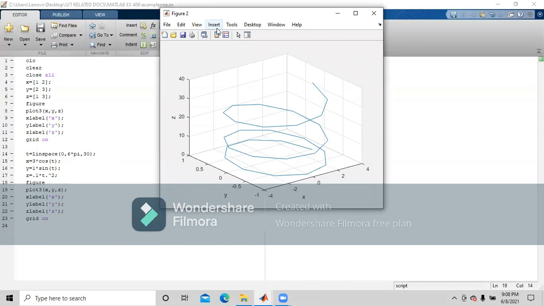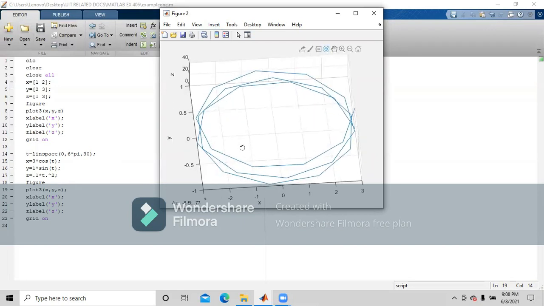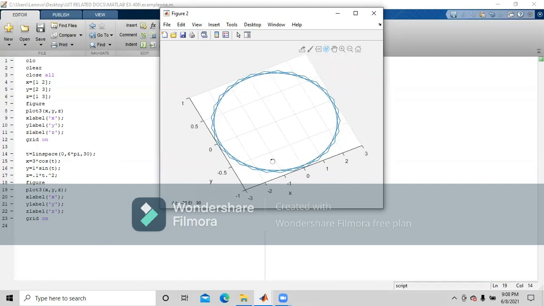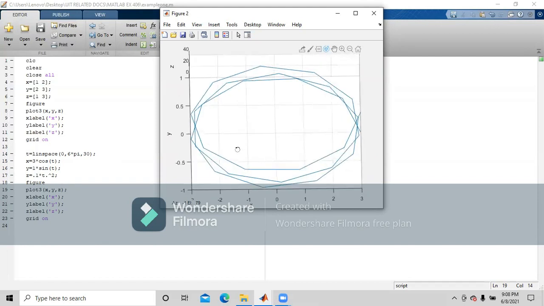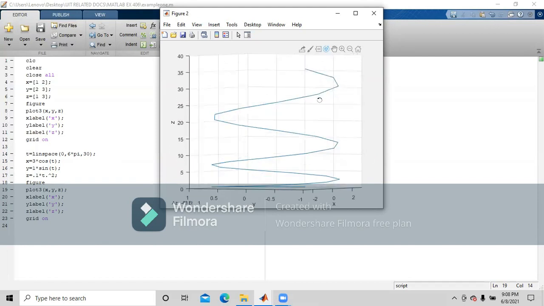So this is the plot which you will get, and we can rotate it in a 3D manner, so we can see it is kind of a circle. You can see it's a circle.